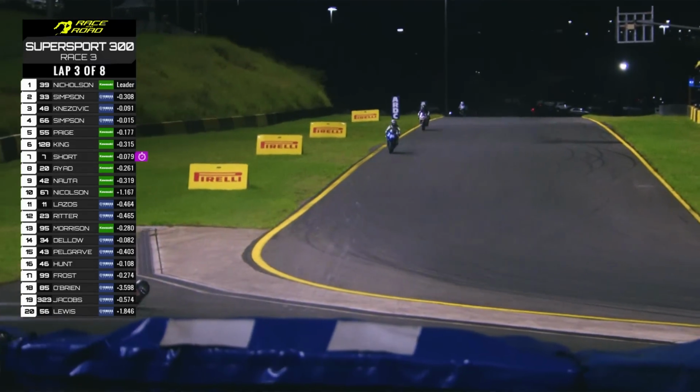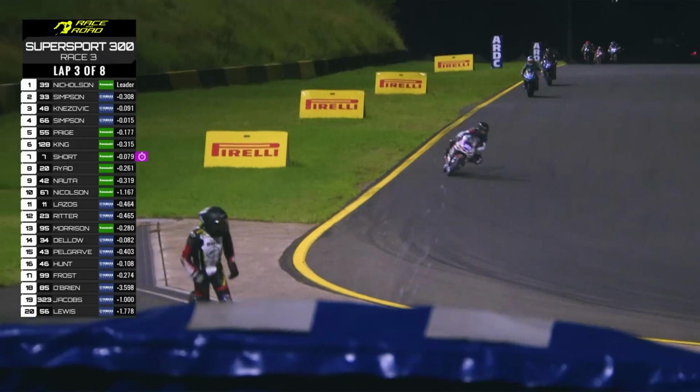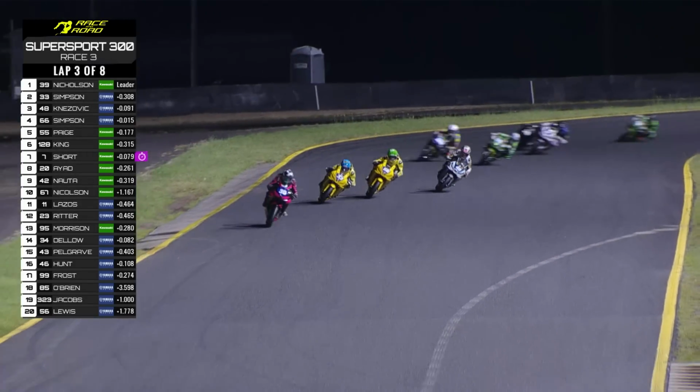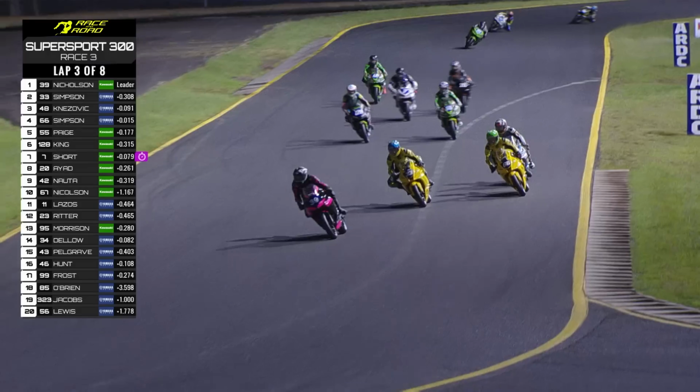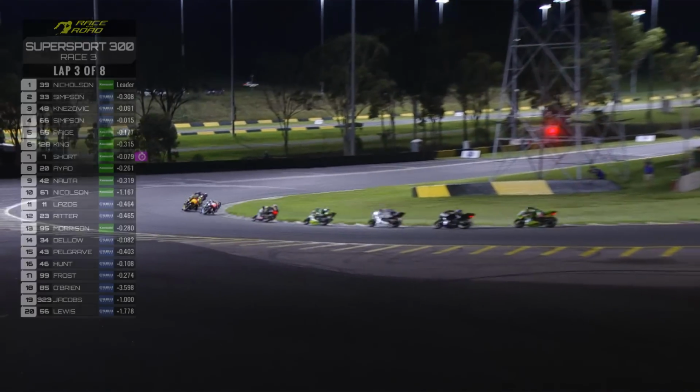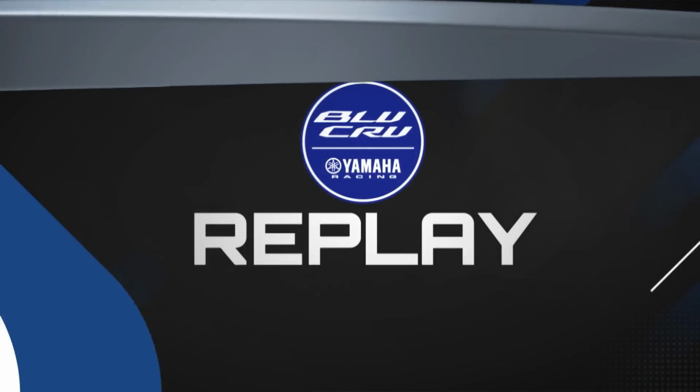Oh, we got a faller. I think that may have been one of the Team BWR machines, was it? Unfortunately, that rider's given his Recondi leathers a serious workout into Pirelli corner. Yeah, we'll find out who that rider is shortly, but obviously the red flag has come out as we have a